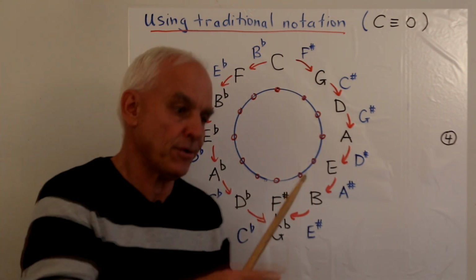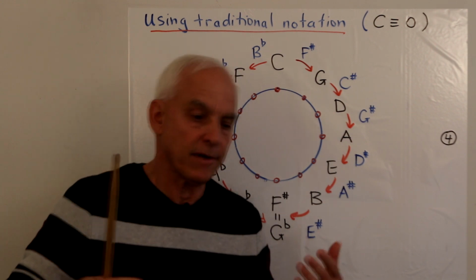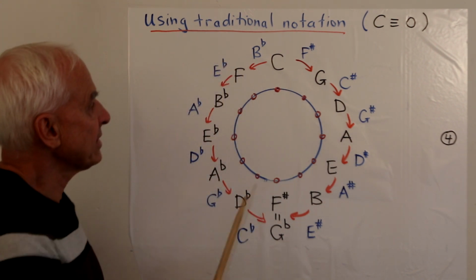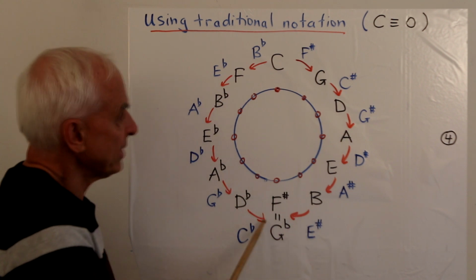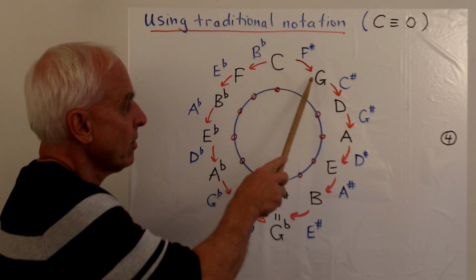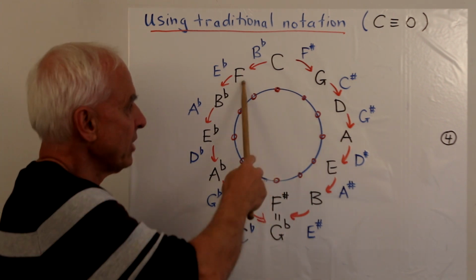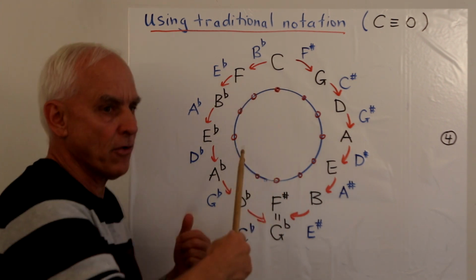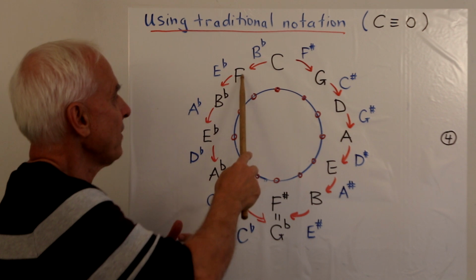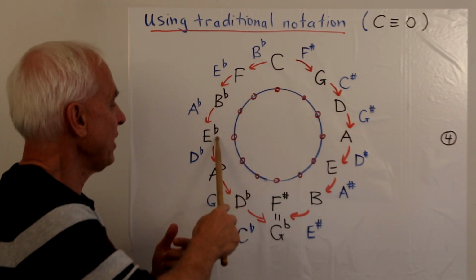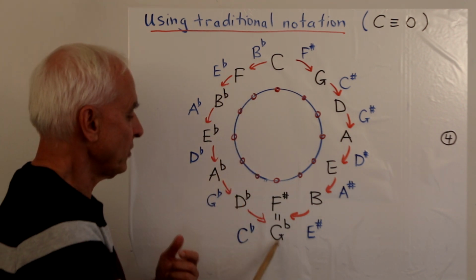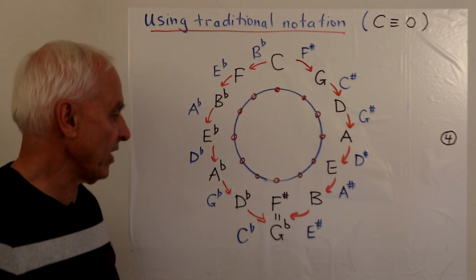Okay, so the standard piano-oriented framework. In that case, the standard circle of fifths looks like this. So C, up to G, then D, A, E, B, F sharp. In the other direction, it's like going down a fifth, okay? So down a fifth to F, then to B flat, E flat, A flat, D flat, and then to G flat also. G flat being the same as F sharp.